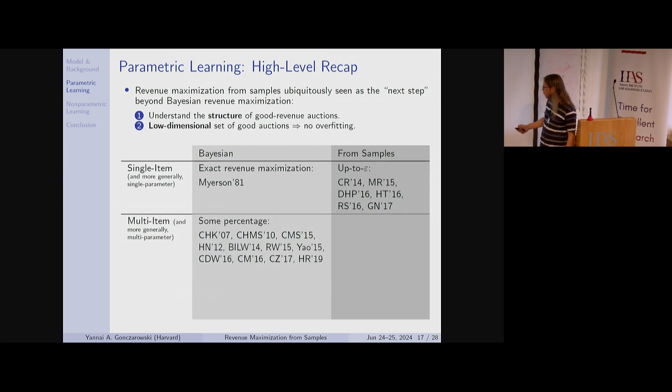Multi-item, multi-parameter, we have beautiful papers. This is Hart-Nisan. This is the one Sergiu spoke about two days ago, the 70% or 72, 73, 78 is the upper bound. Yeah, the 72 or 73, I don't remember. Percent of the optimal revenue, and this is Moshe's paper, and there are many other beautiful papers here. And these are papers that painstakingly took these structural insights and, using learning theoretic dimensionality arguments, showed that if you optimize over these classes, or versions of these classes, you will not overfit.